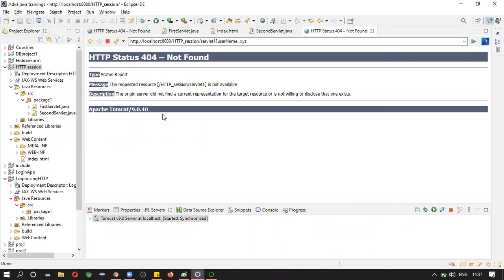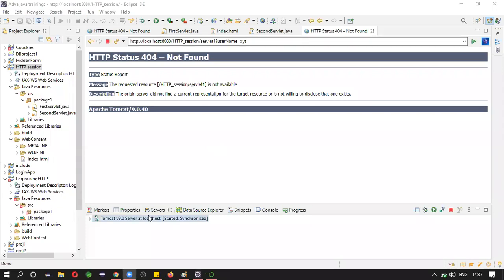Click on go, it goes to servlet one. So what might be the reason?